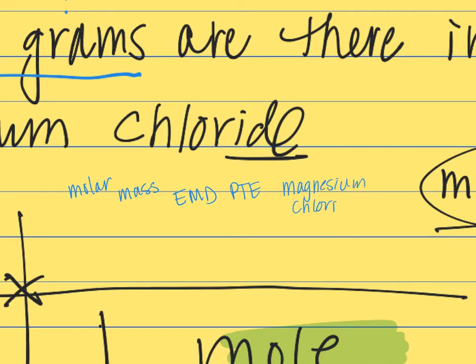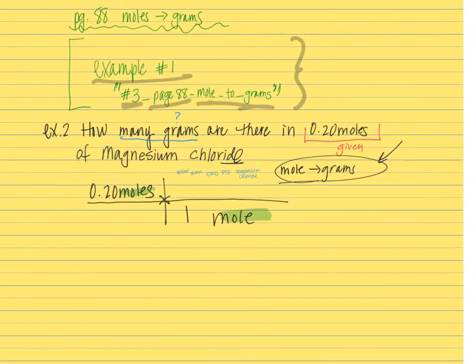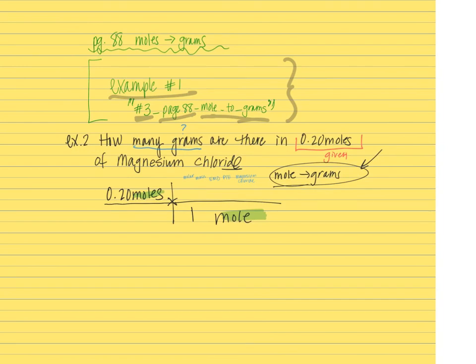The reason I did this as an example is because we need to know what magnesium chloride is. So over here on the side, I'm going to write what magnesium is. Magnesium is Mg, and if you look up magnesium's charge, it's +2. Then we look up chlorine's charge, and chlorine's charge is -1. Then you crisscross charges. I wrote that in yellow, so hopefully you can see it. And you get the formula MgCl2. That's the formula you would type in the app